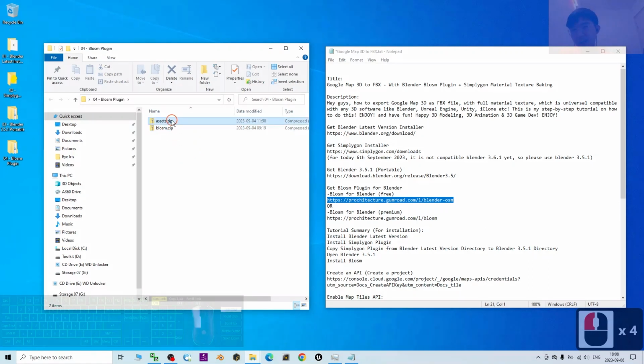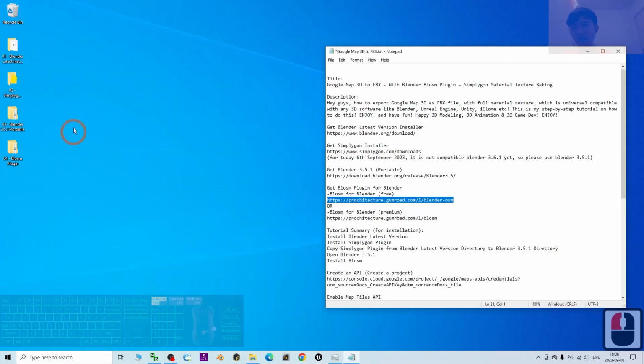The first one, you have to download the Blender OSM zip folder. It is just one. So in total you have to get these 4 items to start this tutorial, to start capturing the Google Maps 3D. So the first step, what you are going to do is,